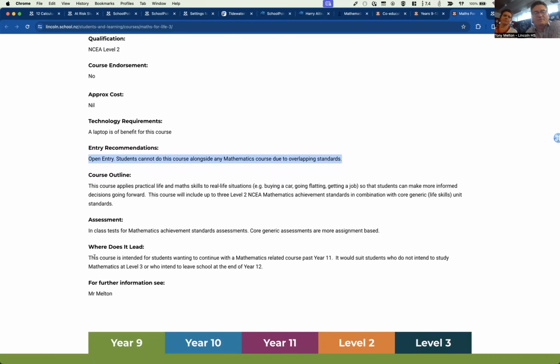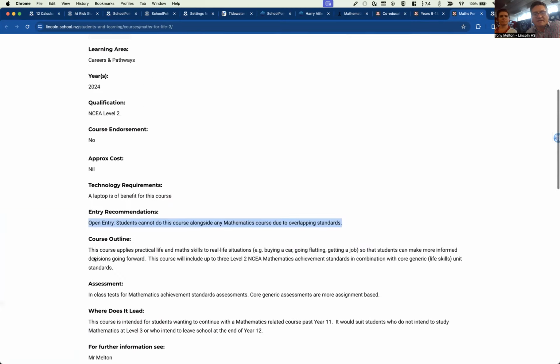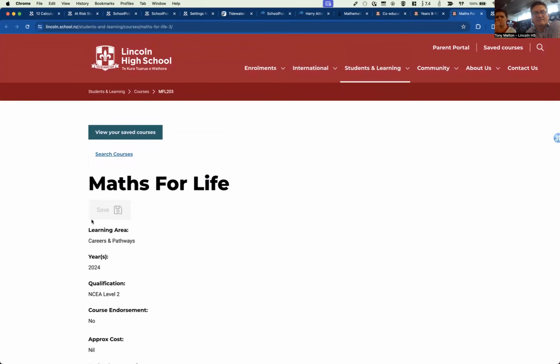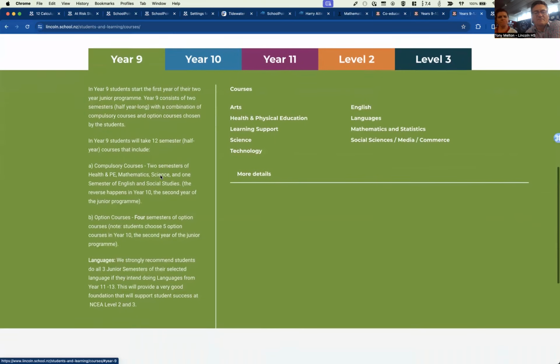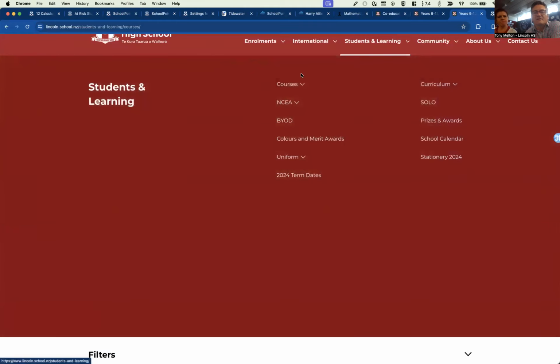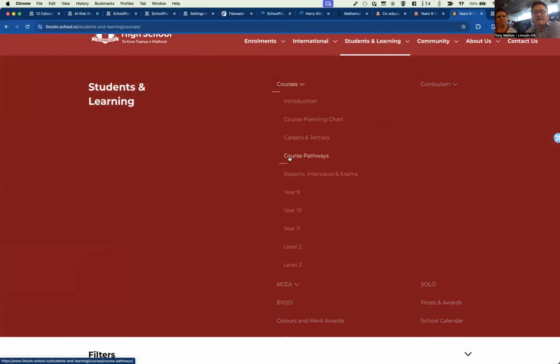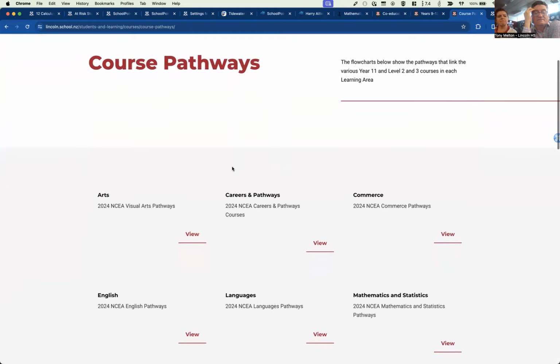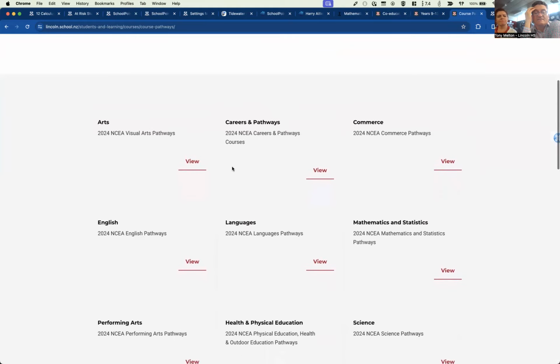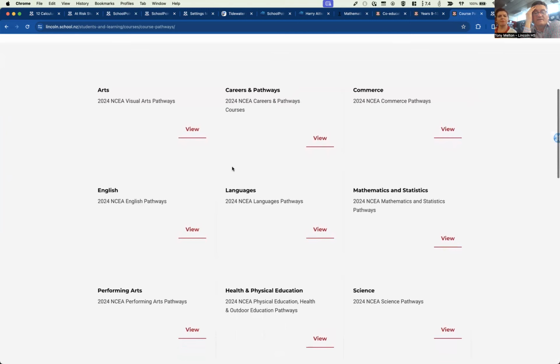Yeah, because if you go to the pathways option, when you click on our student learning tab, and then there's courses. There's what we call pathways. There should be a pathways option. No, maybe we've got to go back one more step. Maybe from the drop down here. Yeah, from there, the pathways. You click on that. Oh yeah. So that's effectively your learning areas or your grouping. Yeah, those are our learning areas, and then click on